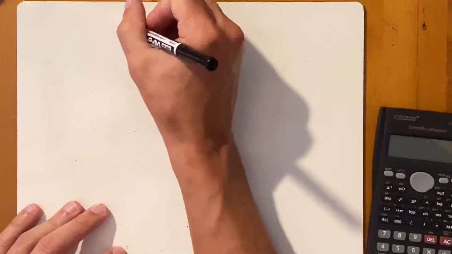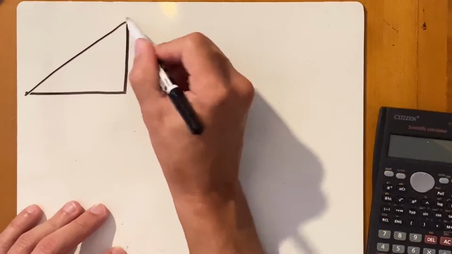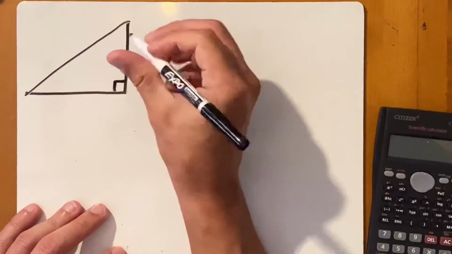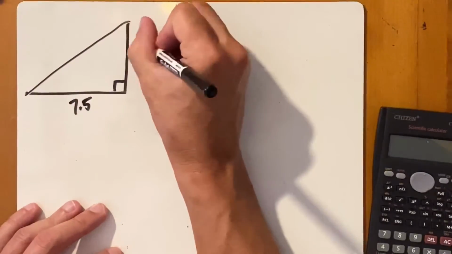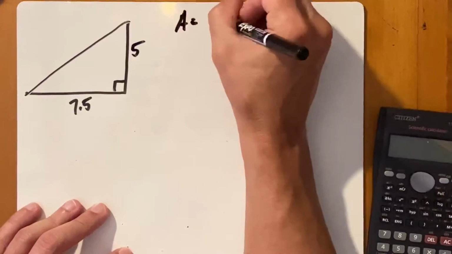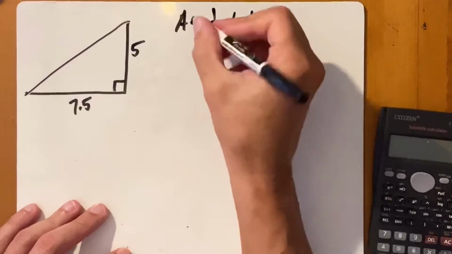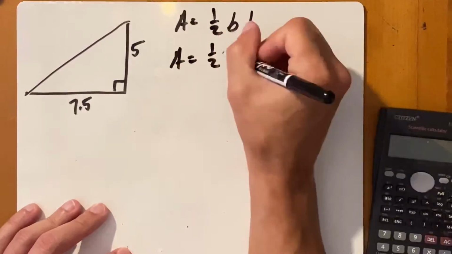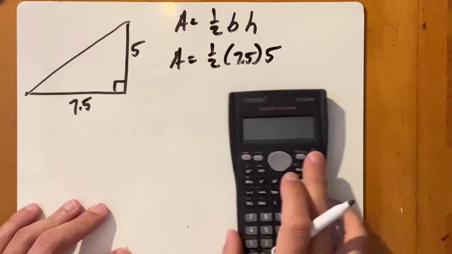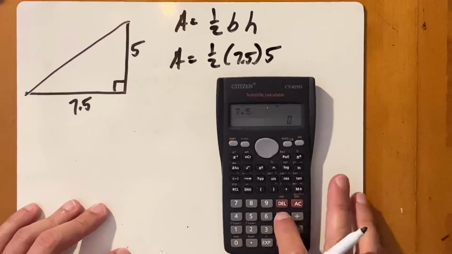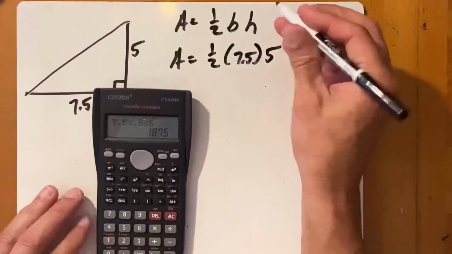Okay, so this third problem gives us a triangle, and it gives us the dimensions of the two legs. Now it's a right triangle, so I only need the dimensions of the two legs to figure out the area, because one's the base and one's the height. All right, so area of a triangle, again, is 1/2 base times height. So we're going to plug those in. So that's 1/2 times 7.5 times 5. All right, so 7.5 times 0.5 times 5, and our total area is